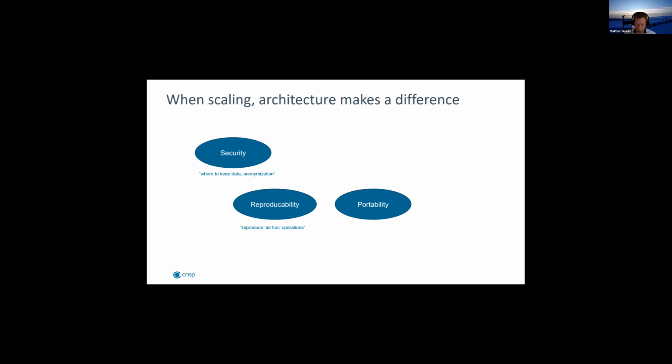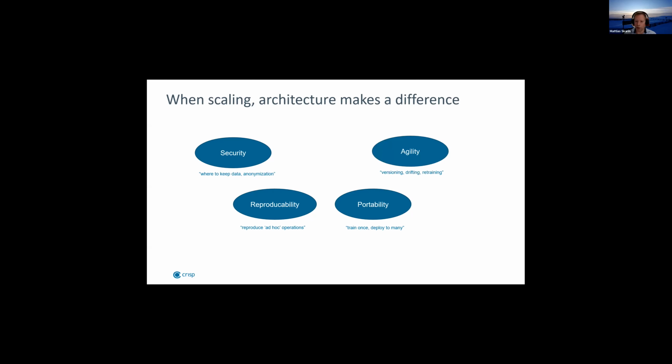The third point to think about is portability. And the idea is that you train a model, but then you want to be able to deploy it to many different areas. You might have different tech frameworks that you want to work with, and you want to make sure that whatever architecture you've chosen supports this portability. And this also becomes the case when you think about how to actually train a model. So does the architecture enable you to parallelize the training so it doesn't take a lot of time?